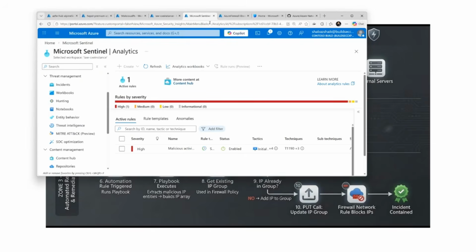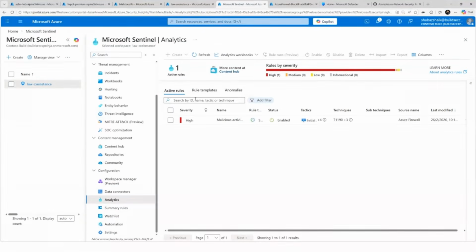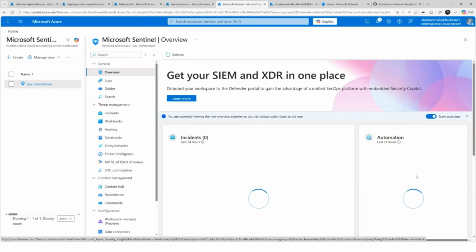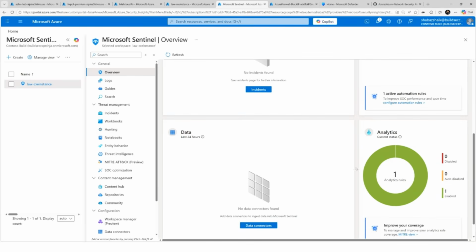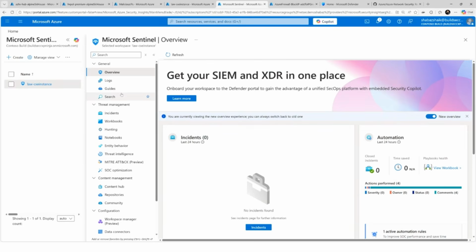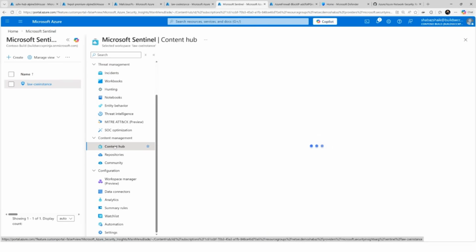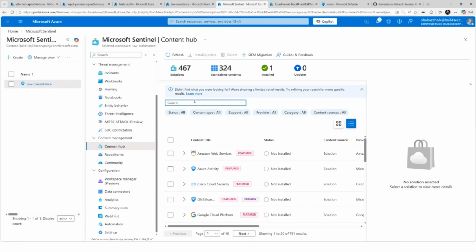This is the Sentinel blade. If we go to Microsoft Sentinel and select the dedicated log analytic workspace instance, we'll be able to see the overview here. We'll see all sorts of details on incidents, automation, analytics, and everything. But the first thing I want to showcase here is the Content Hub section. If we come to the Content Hub section and search for Azure Firewall,